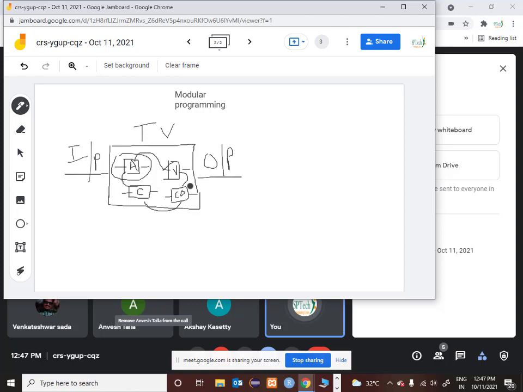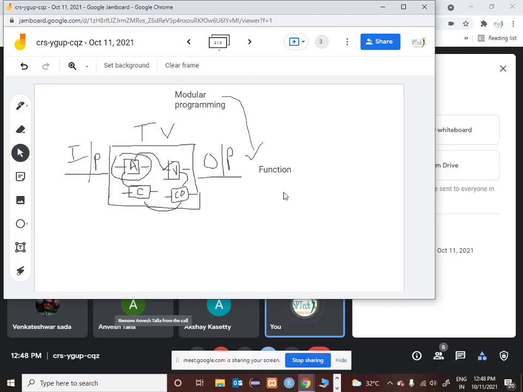In order to achieve modularity in Python, we make use of a concept called function. So what is a function? Function is nothing but a module, and you can have multiple modules within a particular program. Or you can say function is nothing but a small subsystem, and you can have multiple subsystems within a program. So this is the basic introduction on why you actually require functions in Python.